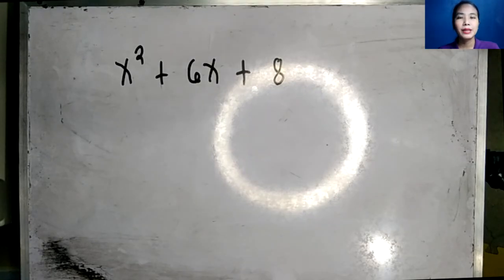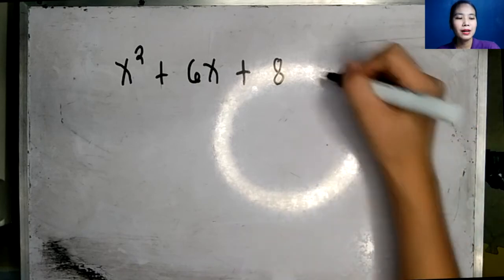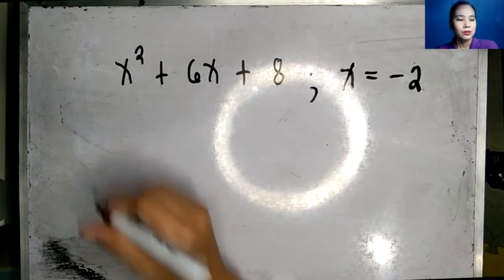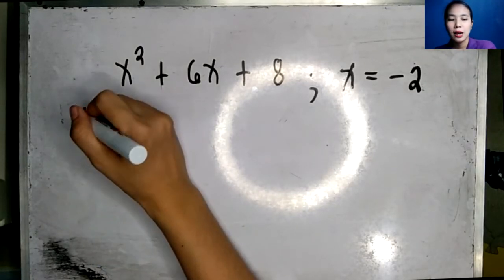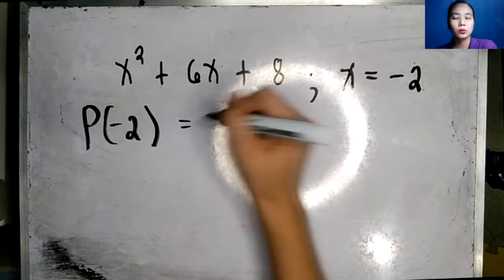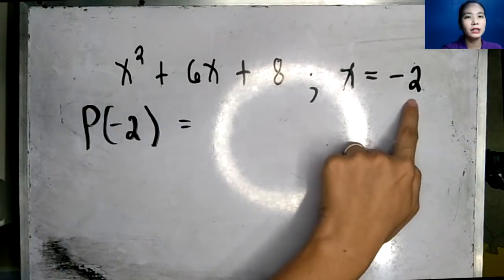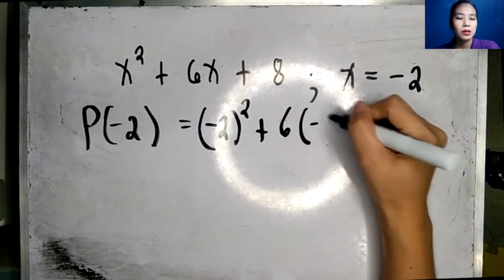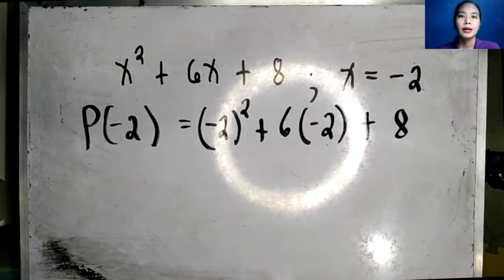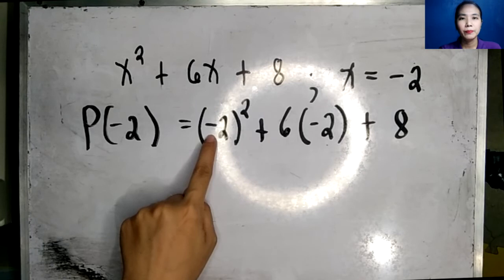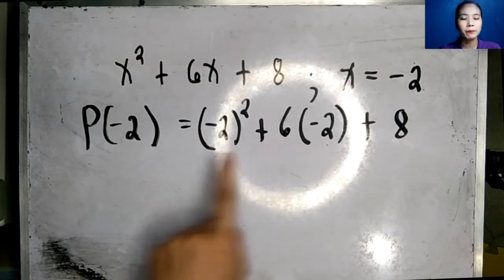Mula sa ating given na x squared plus 6x plus 8 at ang value ulit ng ating x would be negative 2. So, kailangan natin i-substitute ang ating variable na x into negative 2. So, we have p of negative 2 is equal to, ang ating variable x ay magiging negative 2. Negative 2 squared plus 6 times negative 2 plus 8. And then, isi-simplify natin ang ating given following the PEMDAS. So, negative 2 raised to 2, since meron tayong negative na sign at naka-raise sa even power, this negative will